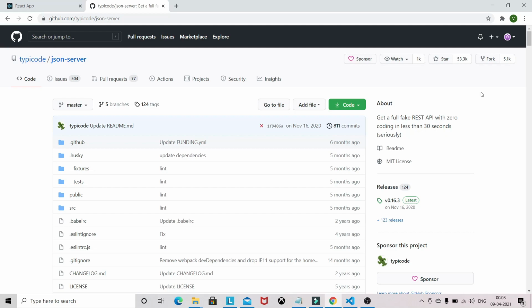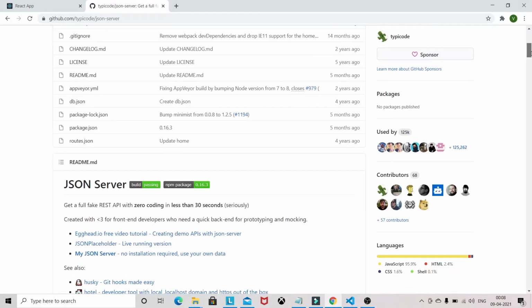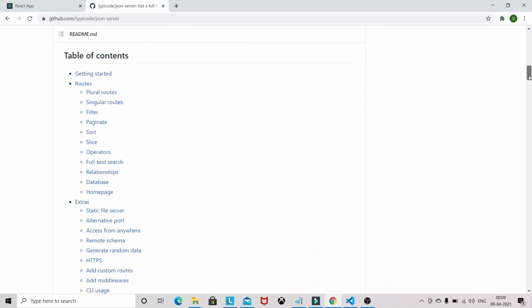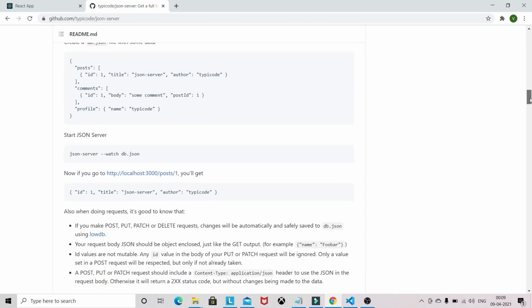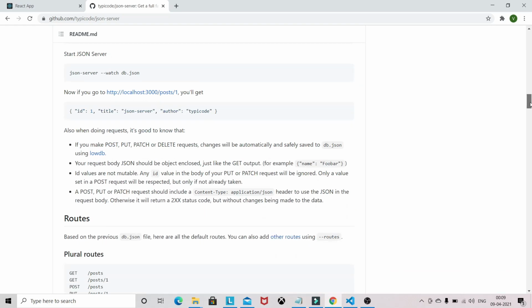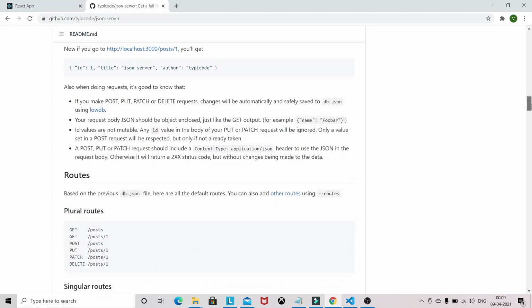In JSON server, you can do all kinds of operations like get, post, put, patch, or delete requests. So you can make all these requests with this JSON server.